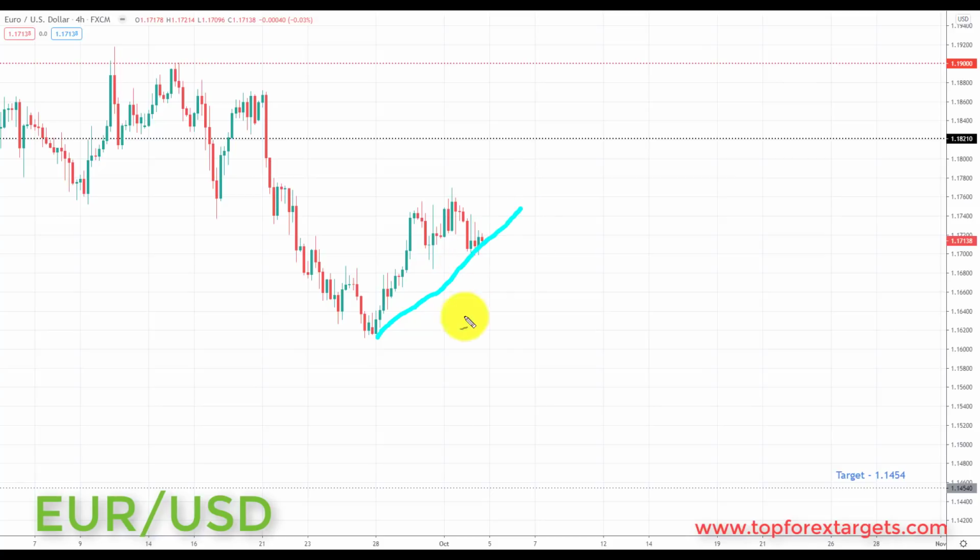Any breakout to the downside, we haven't quite broken down yet. I'd like to see this come down to the 1.1680 for this to really break down. But any break to the downside here is going to simply be viewed as a great opportunity next week to start to look for bearish positions. We're going to be looking at initiating shorts down towards the next key level of support to the downside and the target set at the 1.1454.